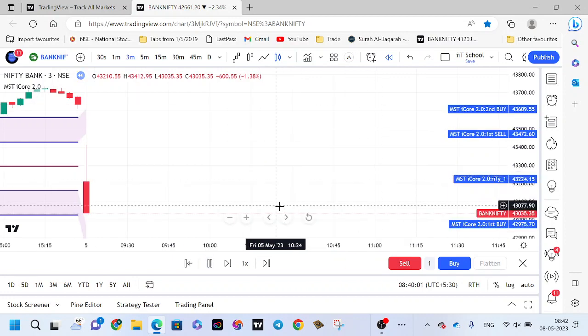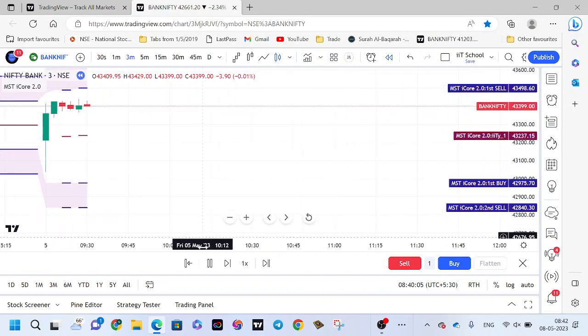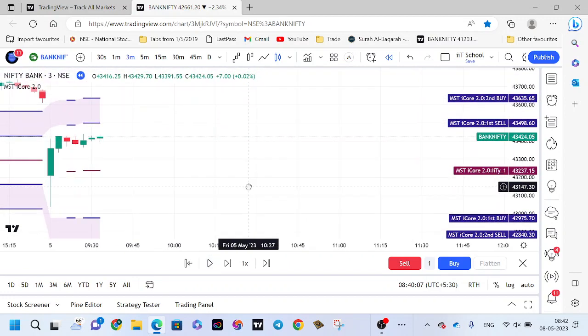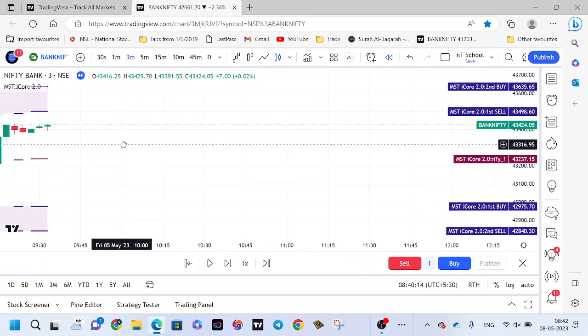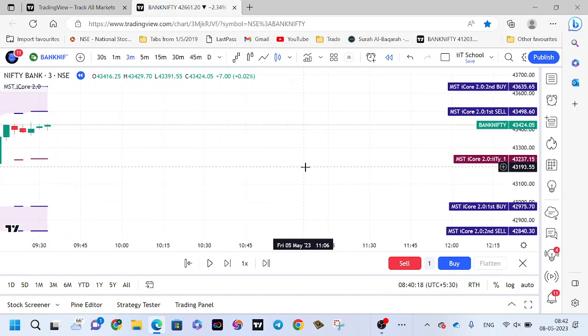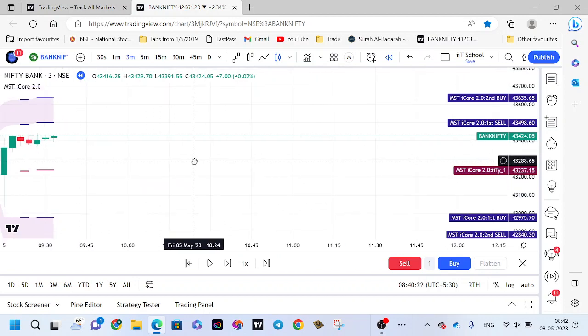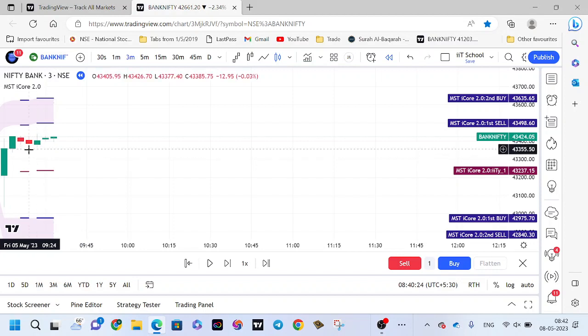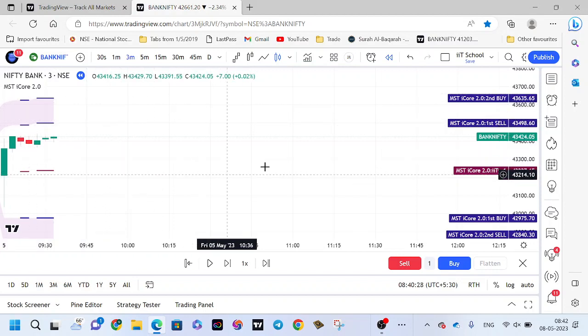Consider that the market has just opened. Once the market is open, immediately we will get 5 lines formed: one at the middle, two at the top and two at the bottom. Wait for 5 to 10 minutes for the market to settle. After that, if the price comes to the top first, then you have to sell. It means what? Suppose,